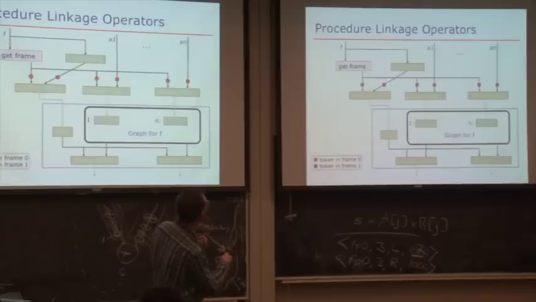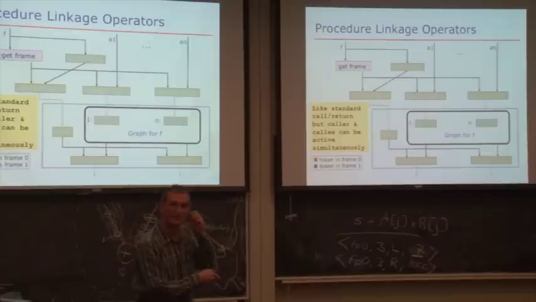And when the caller executes, you get the frame ID or the context ID. And then, basically, you go into this Dataflow graph for the function call. And at the end, you use this frame ID to tag the outputs so that you associate the right result with the call site. Make sense? You can think about this a little bit.